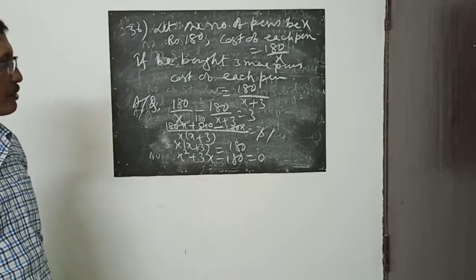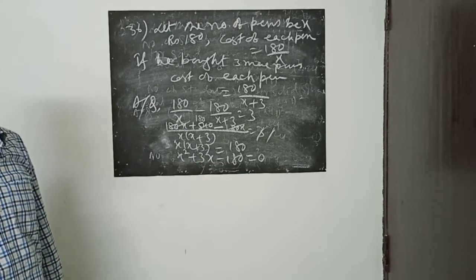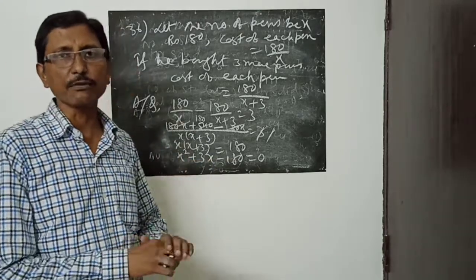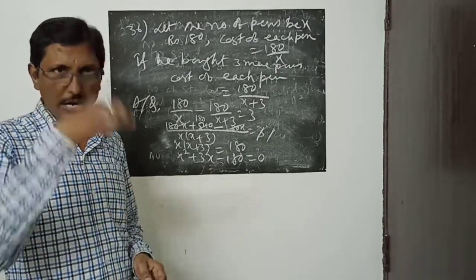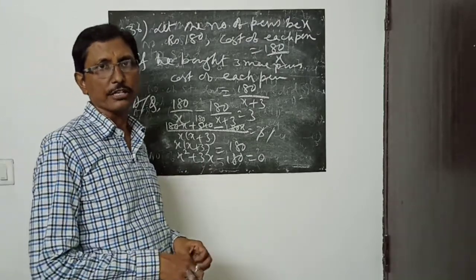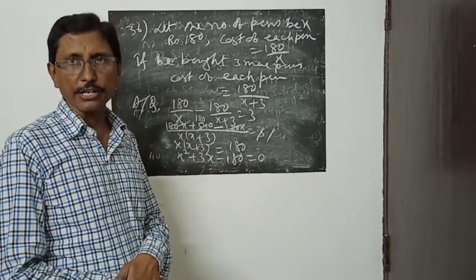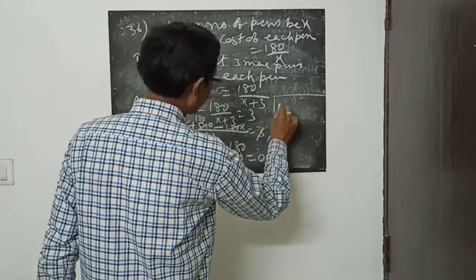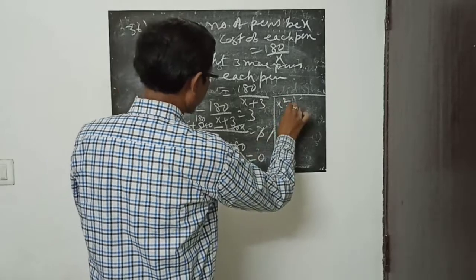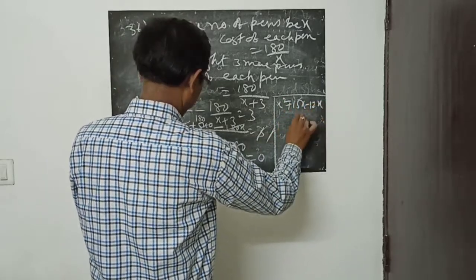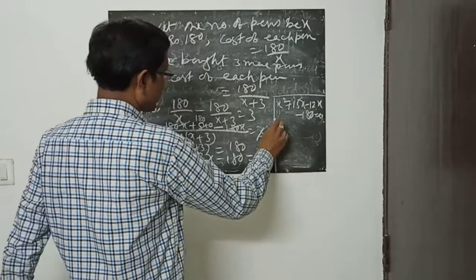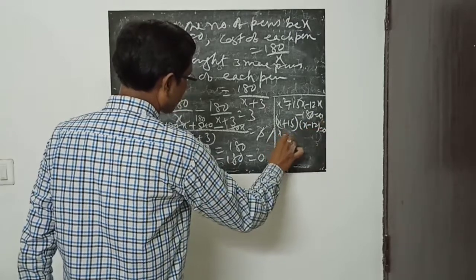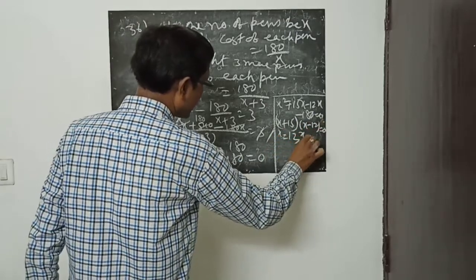Now it is a simple quadratic equation. You have to solve this equation. Minus 180. So think of two numbers such that their difference will be 3. You can break by prime factorization, otherwise orally you can get. Here see, 15 12s are 180. That means plus 15x minus 12x. So you will get x square plus 15x minus 12x minus 180 equal to 0. Ultimately, x plus 15 into x minus 12, so x equal to 12, or x equal to minus 15.